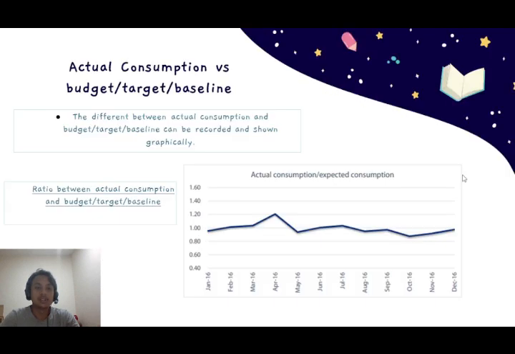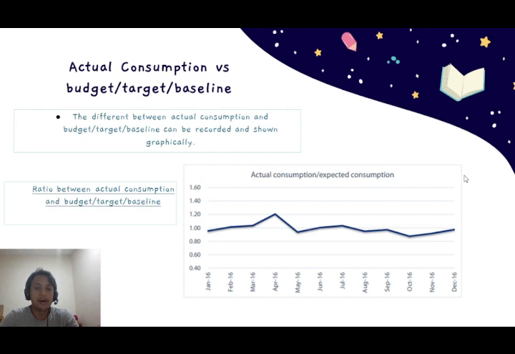This is actual consumption versus budget, target, and baseline. The difference between actual consumption and budget, target, baseline can be recorded and shown graphically. It can be reported as a ratio between actual consumption and budget, target, baseline. The difference between actual and expected consumption can also be effectively highlighted using a CUSUM chart or cumulative